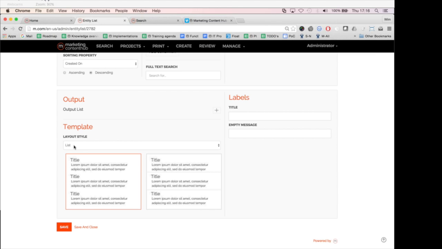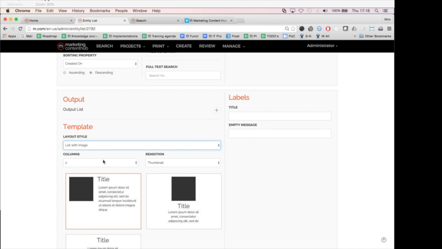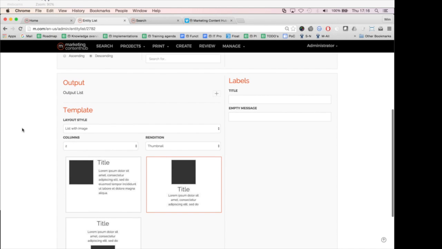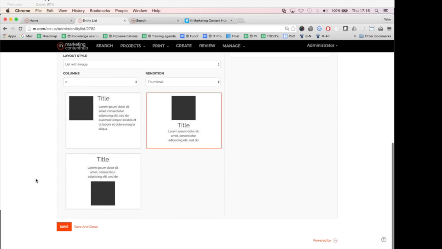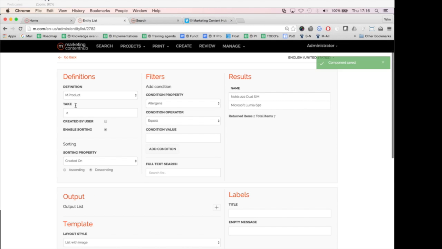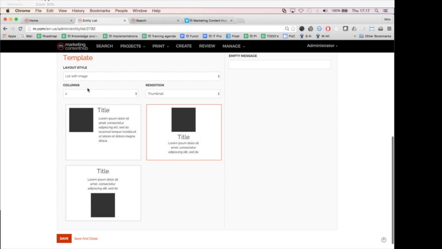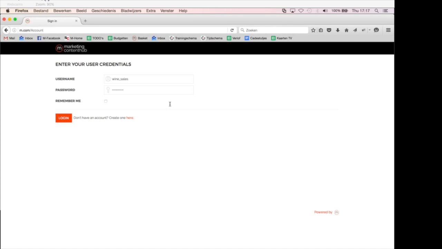And the most important option here is the selection of the templates. And the selection of the templates, you can basically choose between list and table, with or without a certain image. So I'll already show you what the current state of this entity list is now looking like, just to see how it grows step by step. So we have selected our query, we go for products, for 2 products, and we want to go for a list with an image. I will now log in with a certain sales user. If I log in with the sales user,